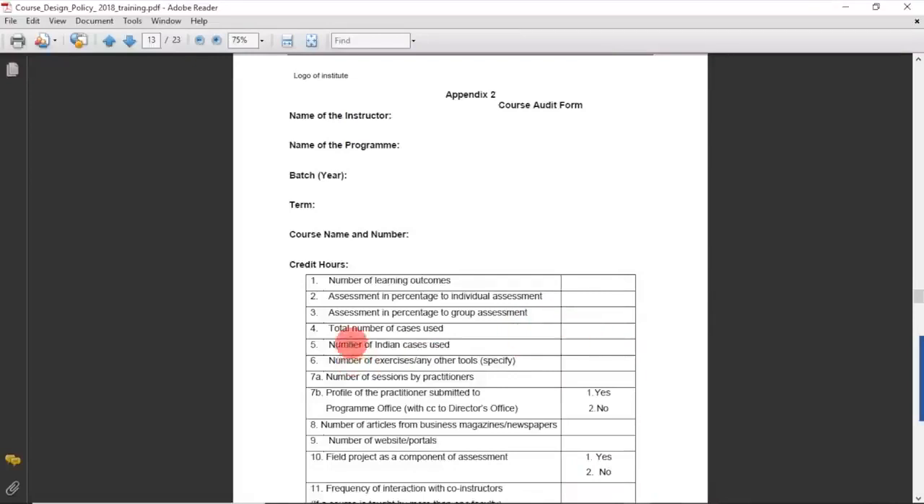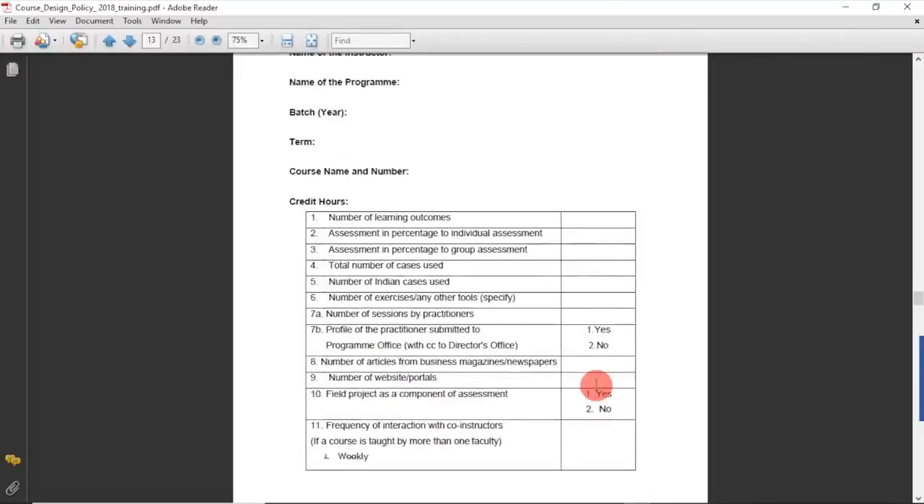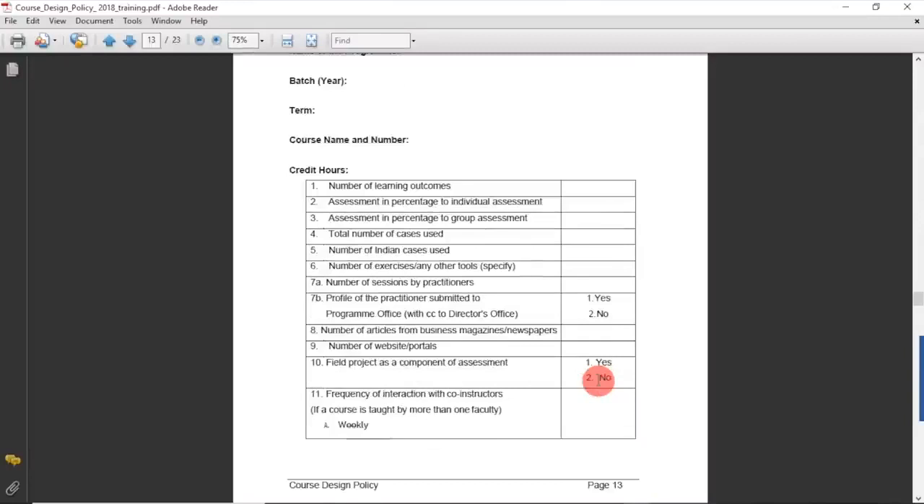How many cases have you used in case your subjects require cases, how many Indian cases have been used, and how many foreign cases have been used. This you can specify so as to bring in the foreign component also. Number of exercises which you are planning to use, number of sessions by the outside practitioners which you have tried to develop, right? Now this is an audit form which has to be submitted at the end to the program